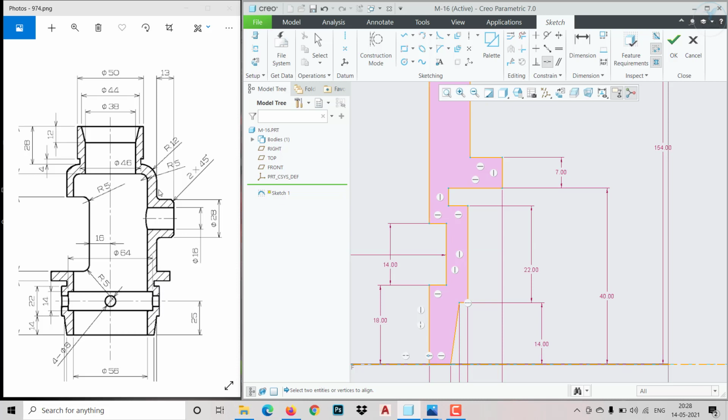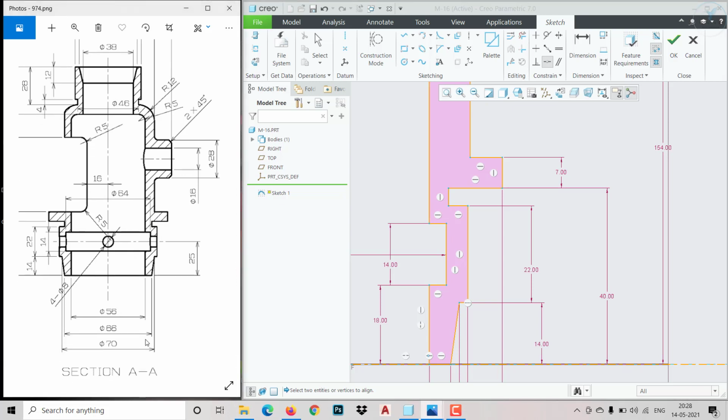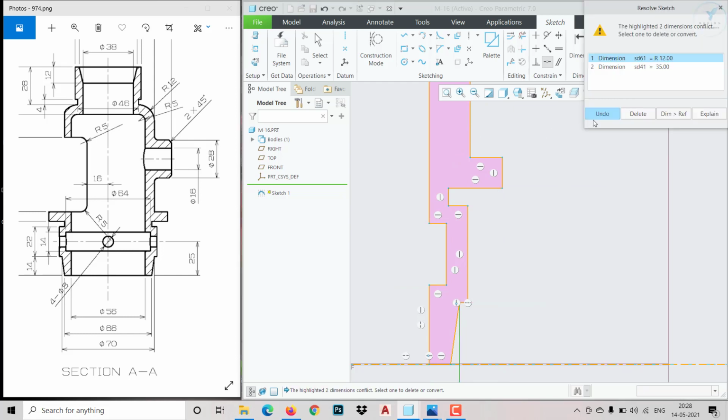And this portion is 13 mm from here to here, and this portion, I guess it is similar, that is 70. This one and this one has to come, so let me make coincident this one and this one. Okay, 1 minute.